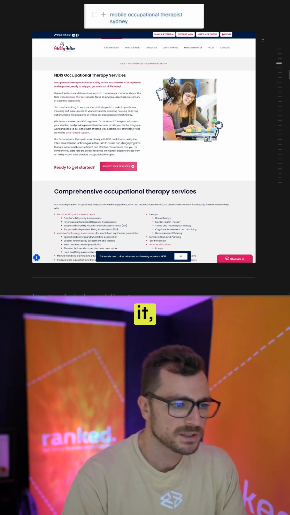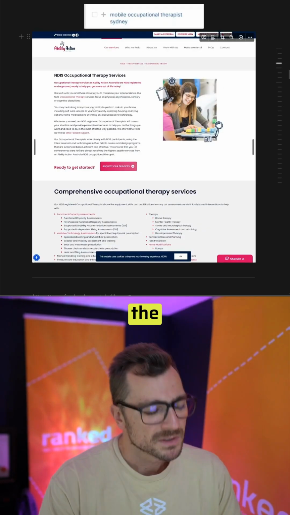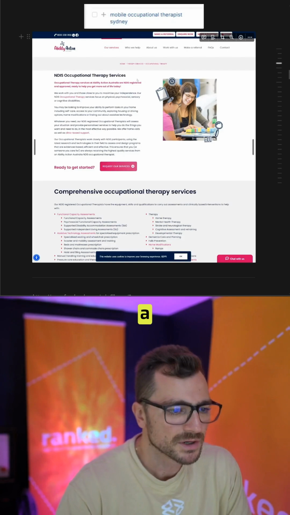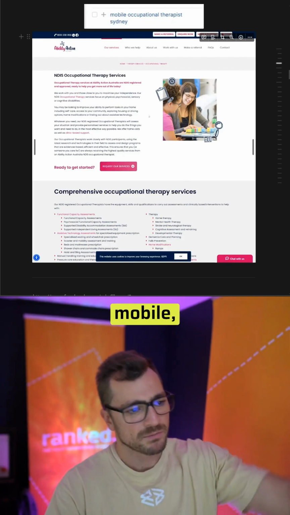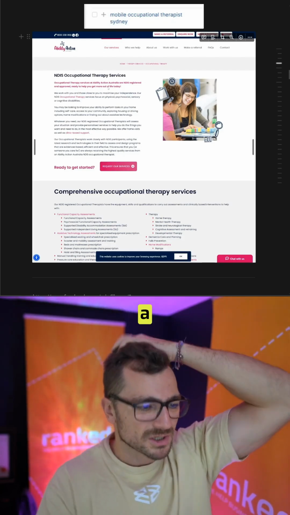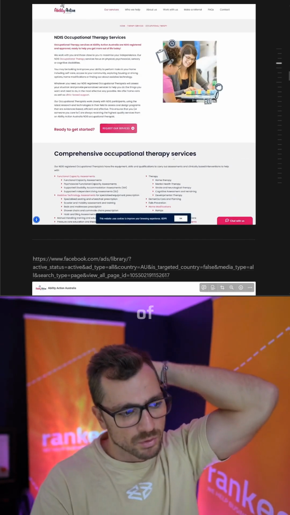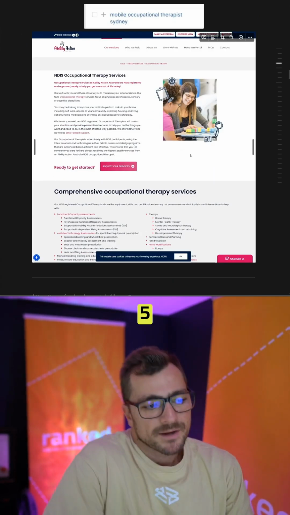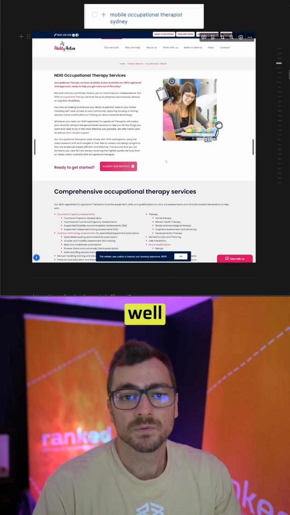If I was to run it, I would much lessen the text on this page. This is SEO text. Google Ads traffic shouldn't hit a wall of text, because if you open this on mobile, I'm assuming it looks like a wall of text, image, and then another wall of text. And this is the only screenshot I've taken. That's just my 5 cents. But this page ranks very well, so it makes sense.